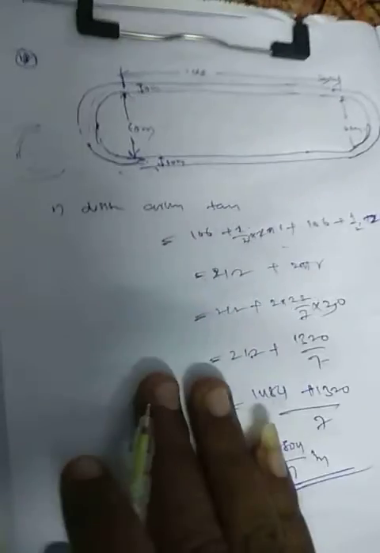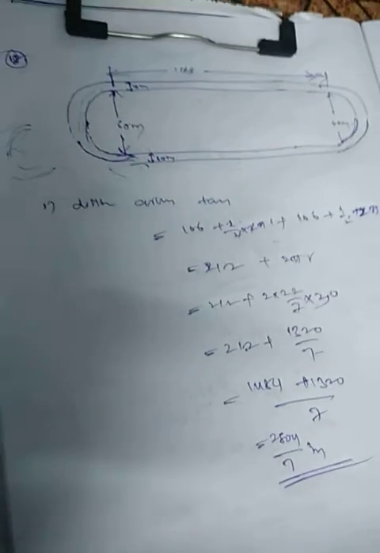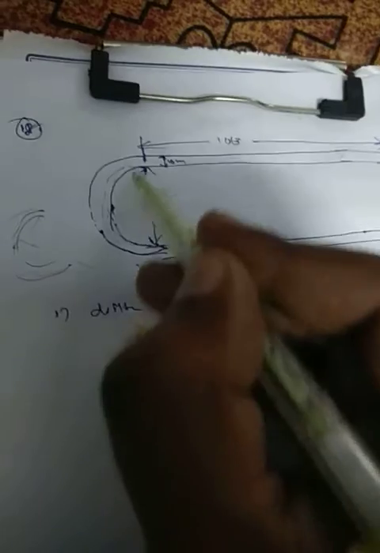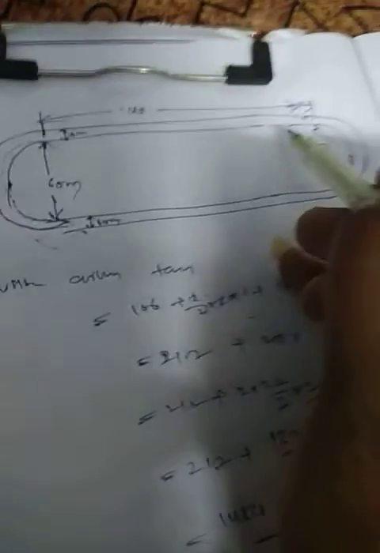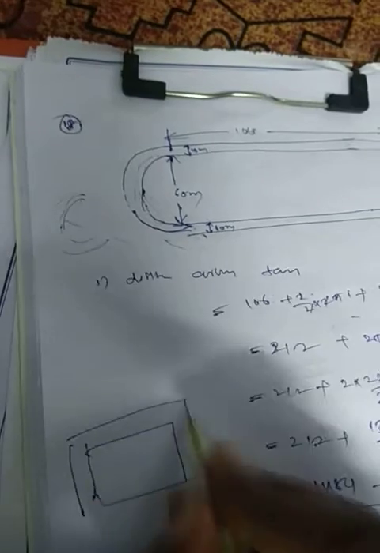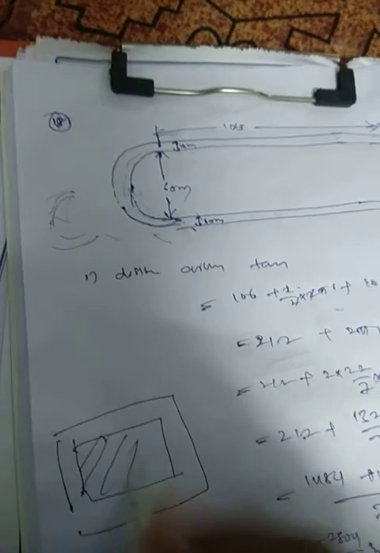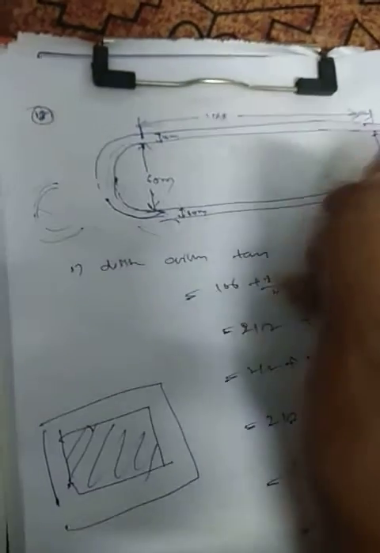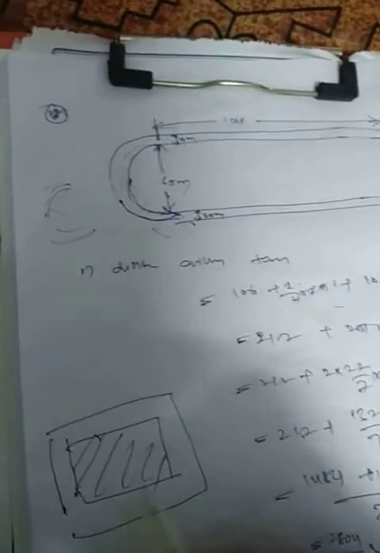So in total, how can we calculate? Very easy, nothing in that. Here, first I'm going to take this rectangular piece like this. So this is a rectangular piece, and it has some edge. To get this area, actually this is the area I want, I have to eliminate this area from the total area.